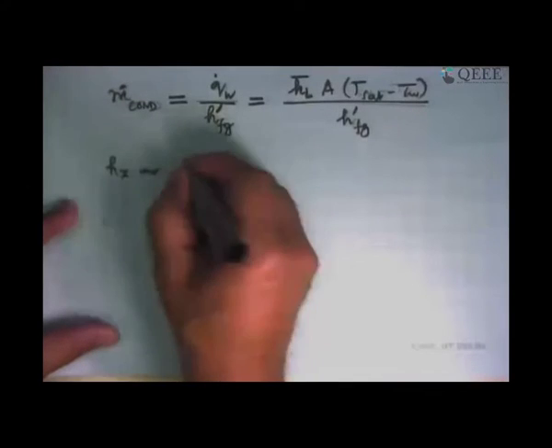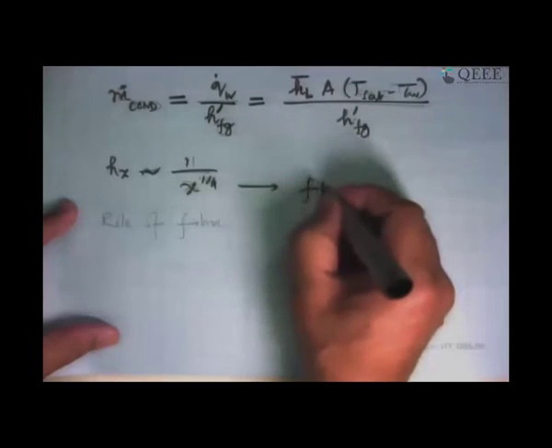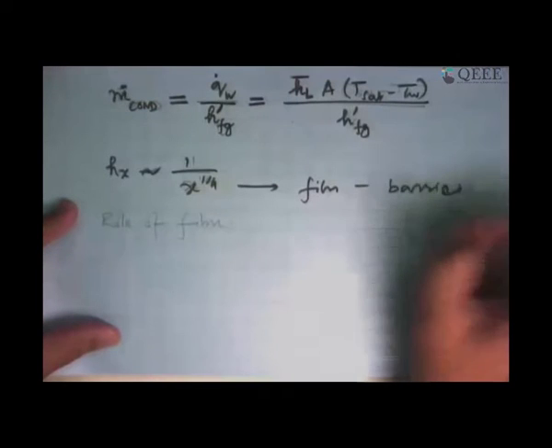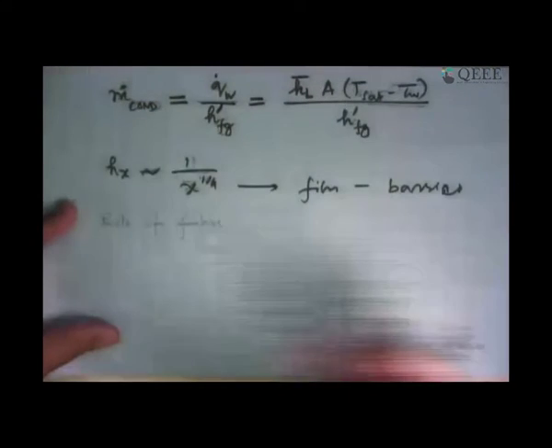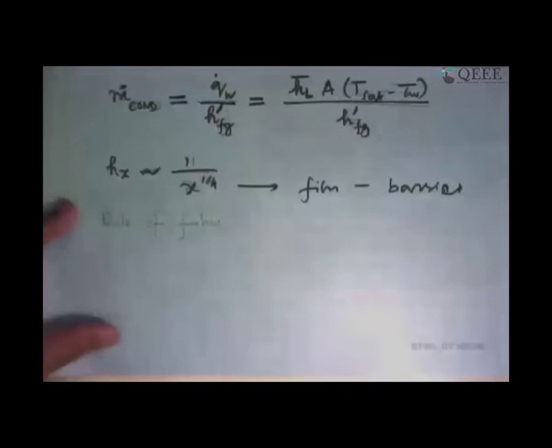Okay, so this is what we have seen. Again, h_x going as 1 upon x to the power 1/4, and all of this is happening because the film is acting like a barrier. And if this film were to regularly break up or not form at all, as we saw in the case of drops, that is nice for us, and that is why h_x in those cases can be as high as 10 times more than what we are seeing in the film.